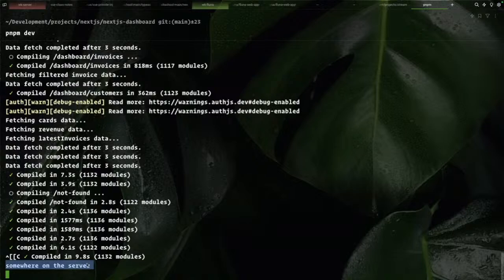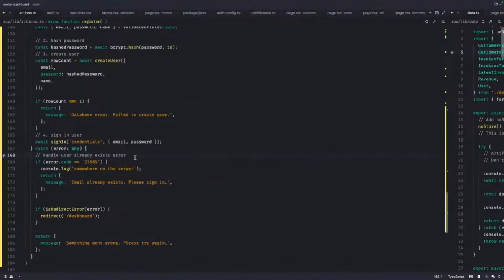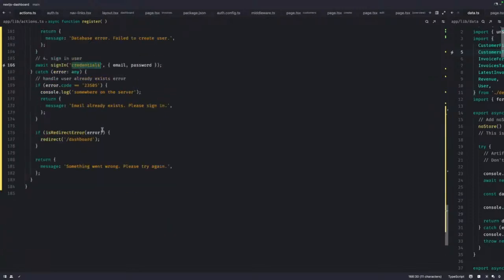So you're very sure that the action is running on the server and is returning the error to us on the client, so that we can display the error for the user. And if it successfully created the user, then the last thing is just to sign the person in, using the email and the password that they have passed. You use the credential approach and sign them in there.